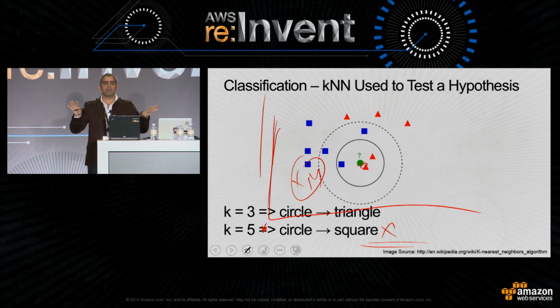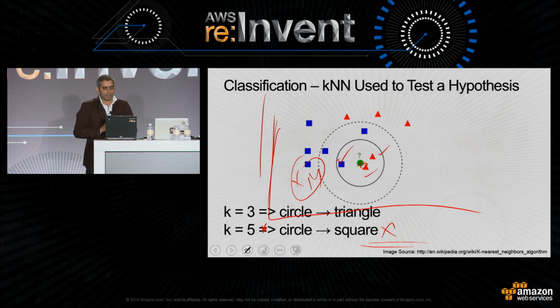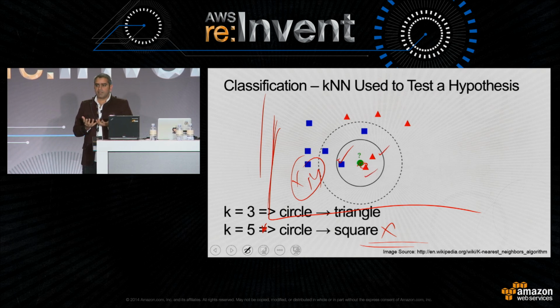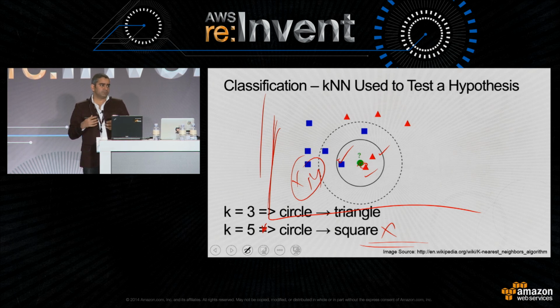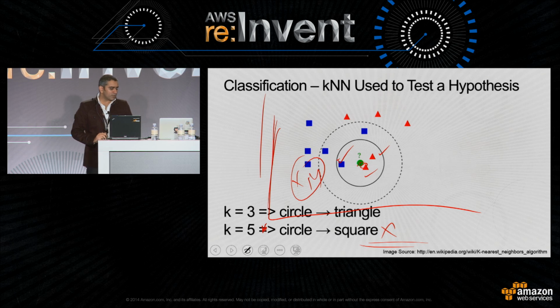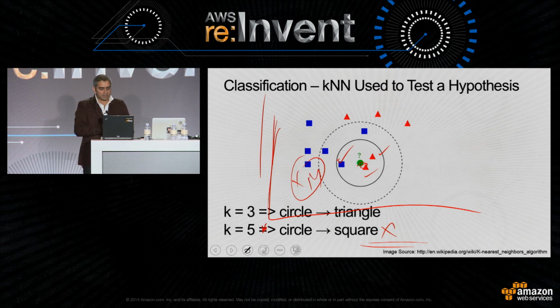Now that I expand k to 3, I take a look at the 1, 2, and 3 guys, and out of these, I take votes basically. The higher frequency is triangle, which means I'm likely to be a triangle. So that is how the algorithm works. Very simple, it may not be very scientific, right? But this is how it works.